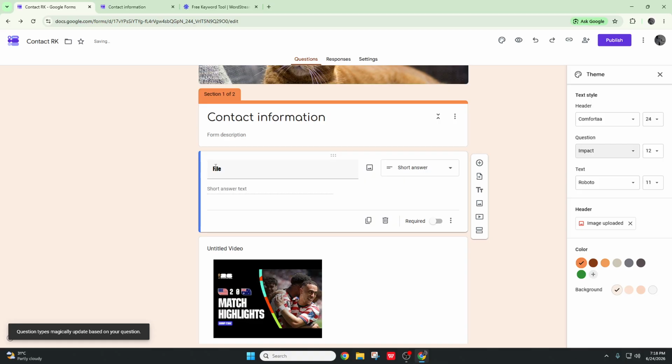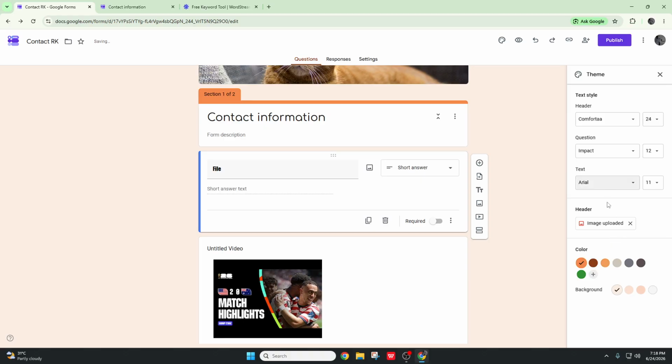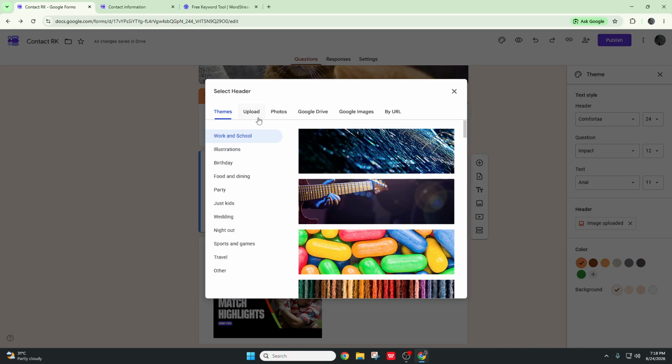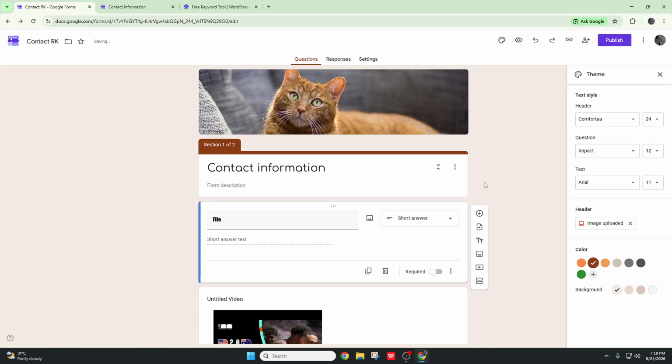And let's change it to impact. So as you can see, the font is already changed. You can change the body text as well, and you can choose the header. You can choose a color. As you can see, the section's color is changing. You can choose a background for your form, any color you would like from the theme, and then you can